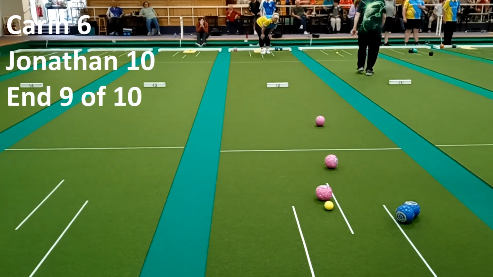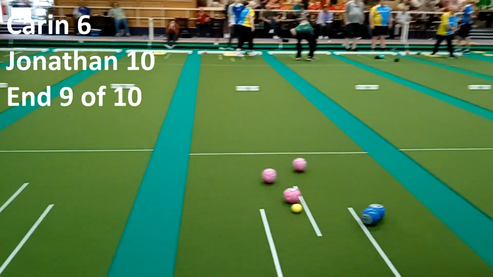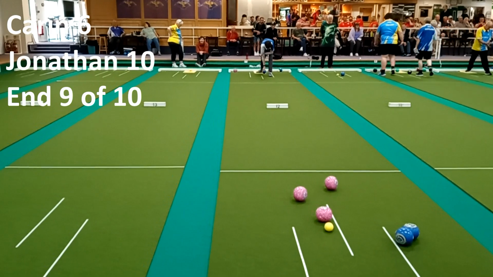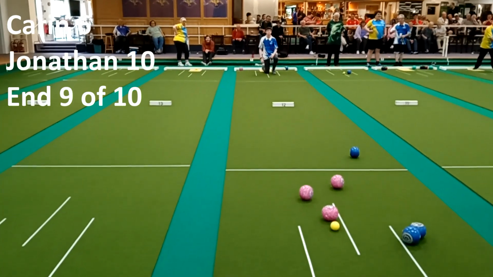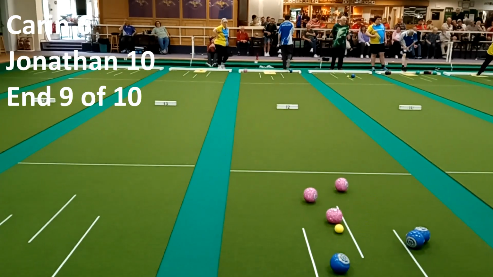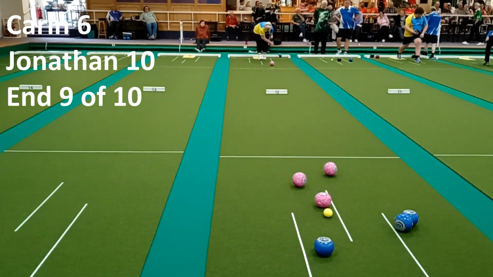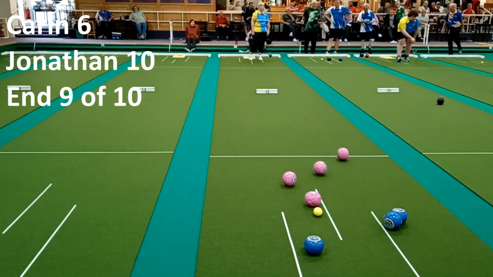Carin looks like she's putting a blocker in here. I think that's a really good shot. Jonathan came down and had a look, and I'm pretty certain he's been blocked off. And he's just trying to draw this. It's a good try. Another backwood. Makes it interesting for the last word of Jonathan's. Carin gets this in, and it should be 2, which is what she'll be looking for,